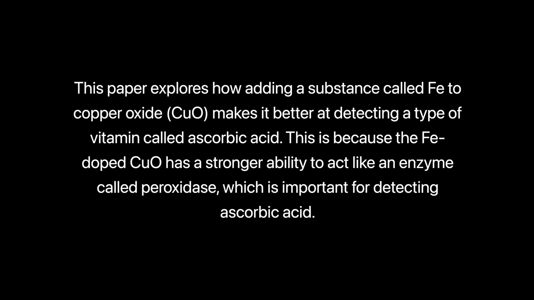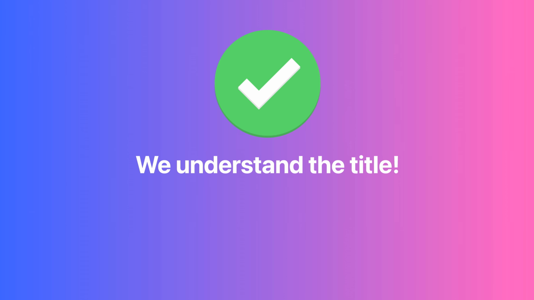This paper explores how adding a substance called Fe to copper oxide, CuO, makes it better at detecting a type of vitamin called ascorbic acid. This is because the Fe-doped CuO has a stronger ability to act like an enzyme called peroxidase, which is important for detecting ascorbic acid. Now we understand the title, which is a good start, but before we can break down